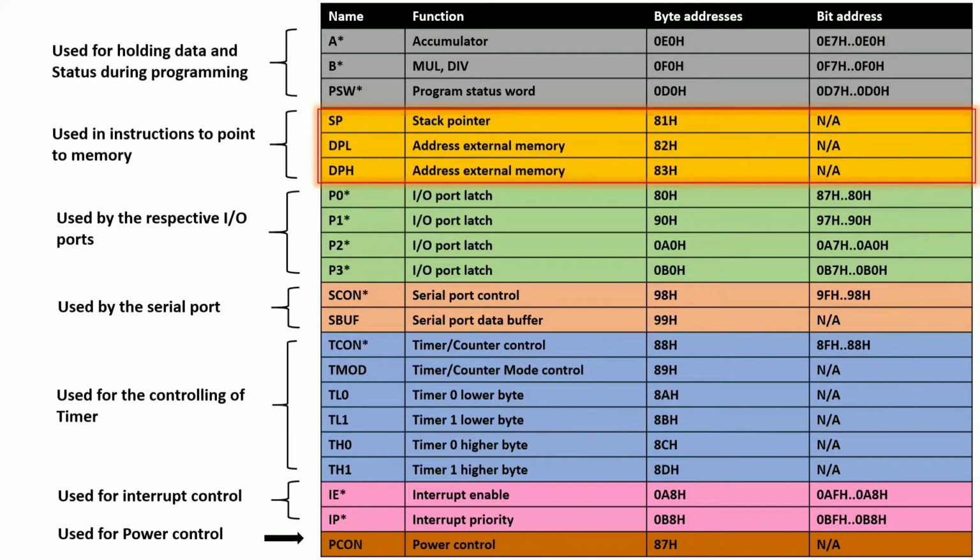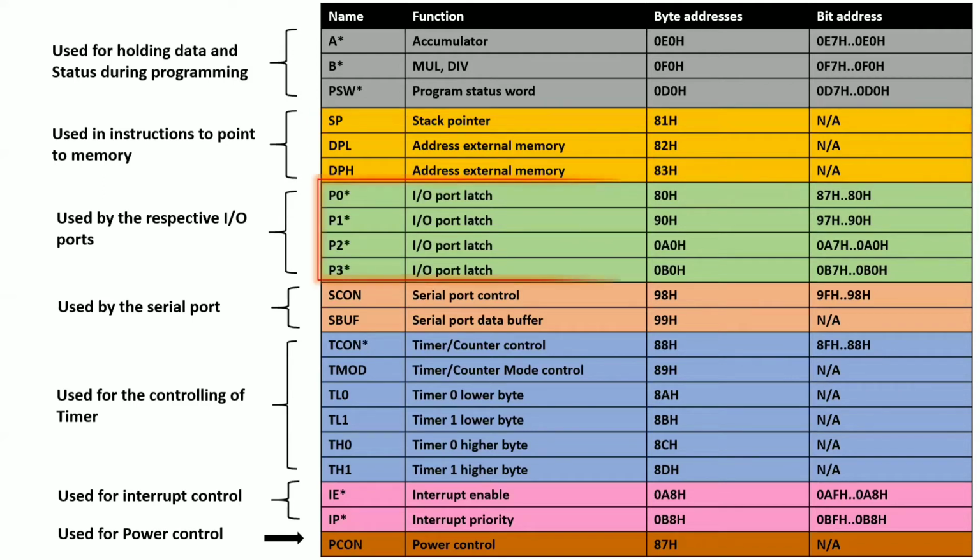And the next register is the DPTR, data pointer. Whenever you want to access data from your external memory, you need to store the addresses of that particular external memory in a particular register. The external memory addresses are 16-bit. That's why the DPTR is 16-bit. Now, suppose you want to store 8-bit addresses, the DPTR is divided into two parts. One is DPH, that is the higher byte, and DPL, the lower byte. So it can store individual 8-bit addresses, or by combining together, we can store 16-bit addresses.